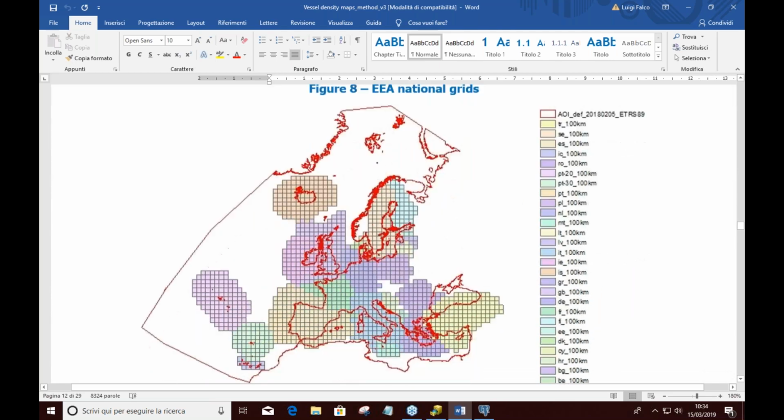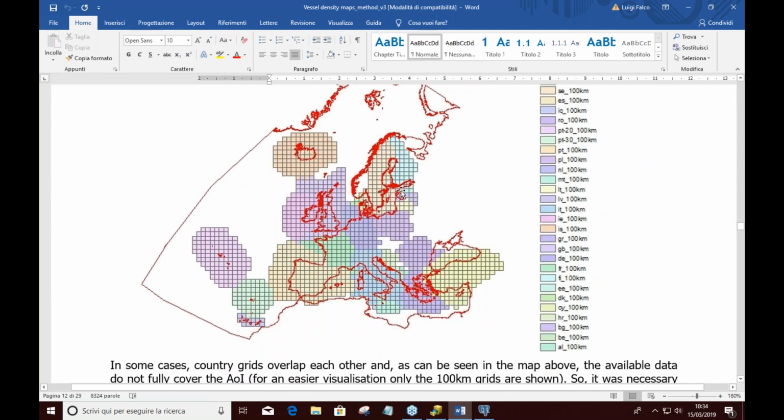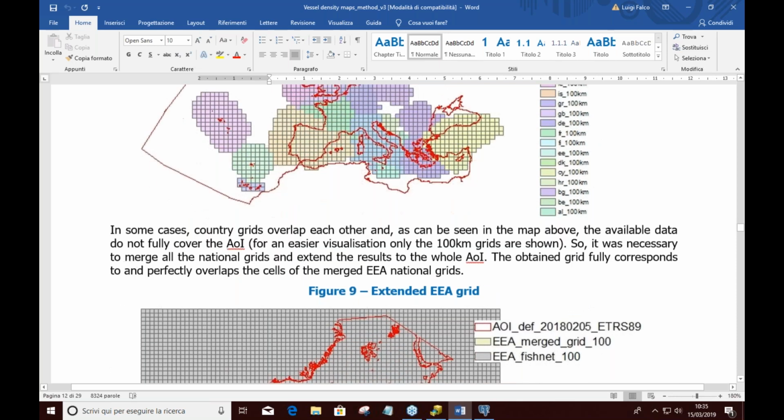You see the image here. The national grids don't cover the whole area of interest because they stop just around the national waters. So what we did is to merge all together the national grids and extend, using the fishnet tool in ArcGIS,